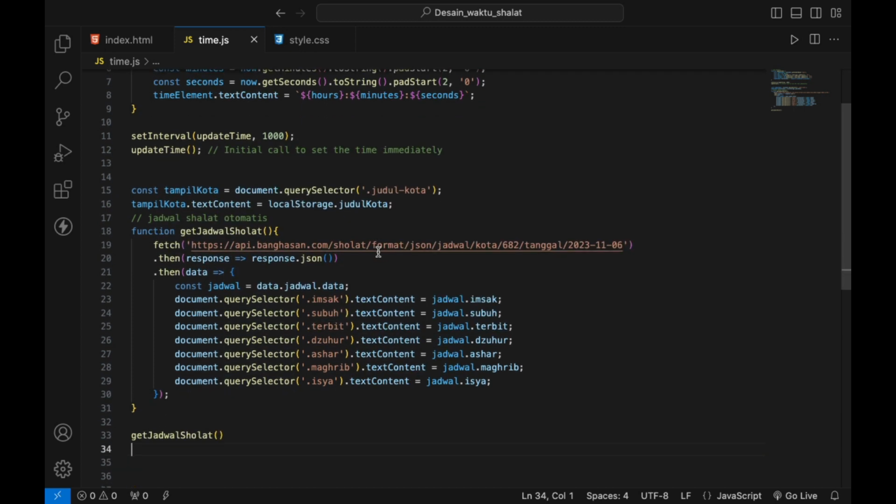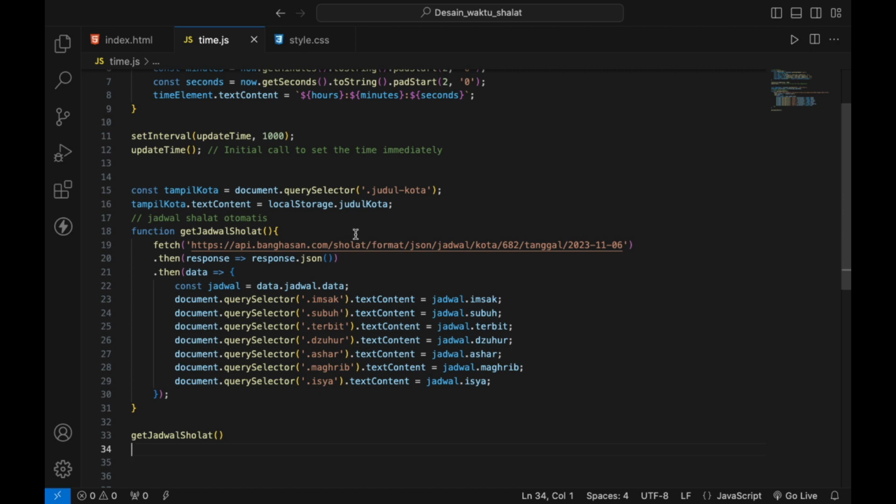The first, I make the function, the name is getJadwalSholat, and then fetch. Now this URL, I put the URL API from Chrome, banghasan.com.